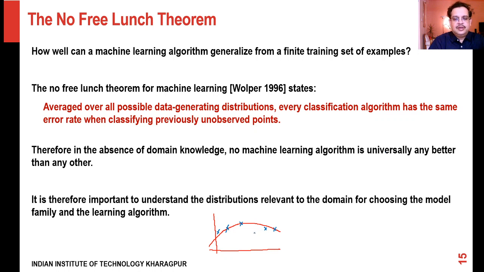Now what the no free lunch theorem says is that I can never know what the actual function is. I just have these, let's say, 5 blue data points. And I have found out that this function, which I chose based on my understanding of the capacity, fits it pretty well. Now, if the data that was given to me was skewed and not representative of the actual distribution, then there can potentially be another data generating distribution which produces these blue points and also produces some points like this.